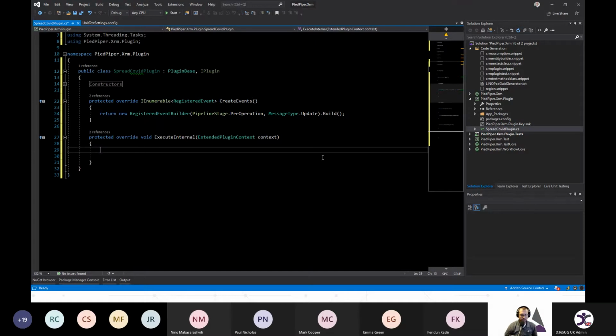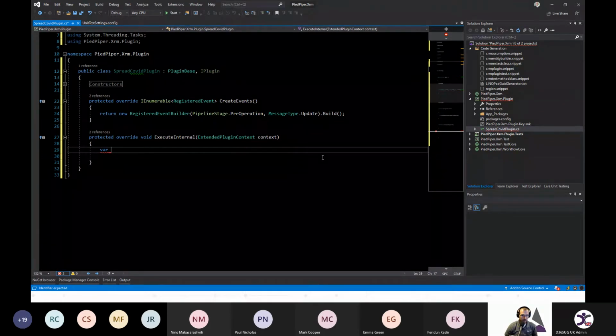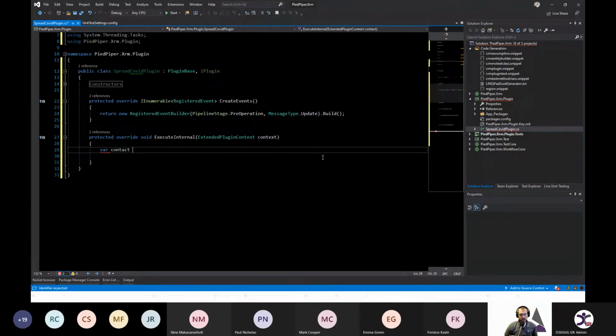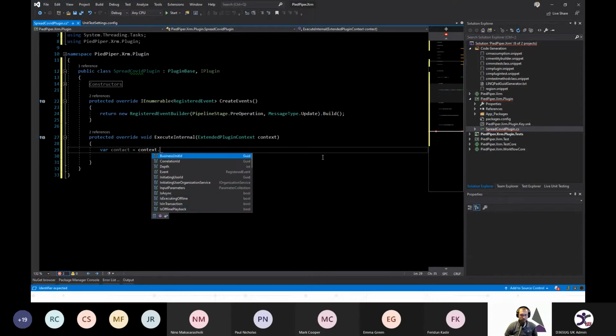So let's go ahead and get our, and actually one thing I do want to care about here is if our contact already has COVID, I don't want to spread it to them again. So I want to have it early out. So I'll start with that one. So let's go ahead and get our, which means I need to have access to our pre-attributes, or not pre-attributes, our actual images. So let's go ahead and grab that information. So contact, and this is my context. That's really where most of the power is in this plugin stuff. Where I want to get the